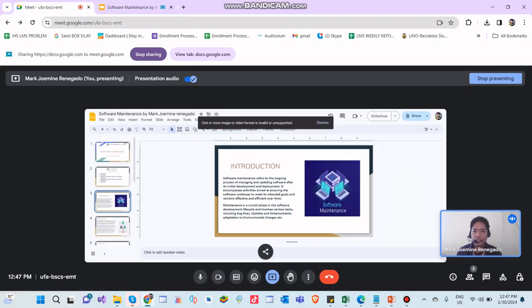The introduction. Software maintenance refers to the ongoing process of managing and updating software after its initial development and deployment. Which means if you have already finished your first project, what is next? It is software maintenance, so you make it work as intended. It encompasses activities aimed at ensuring the software continues to meet its intended goals and remains effective and efficient